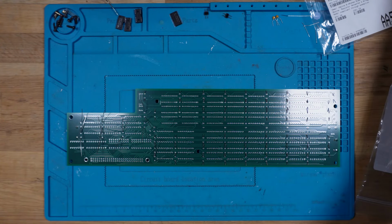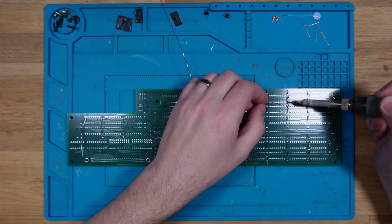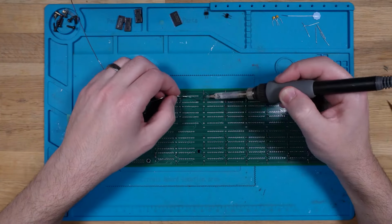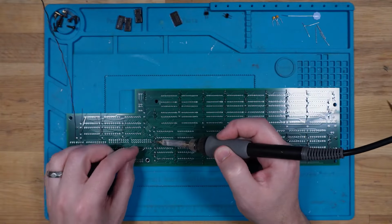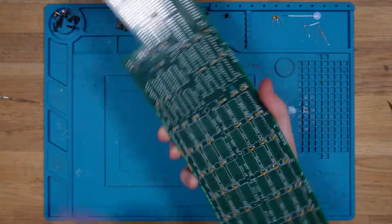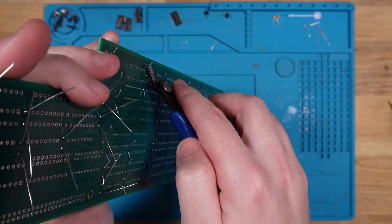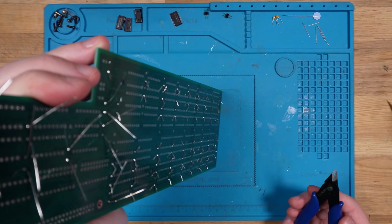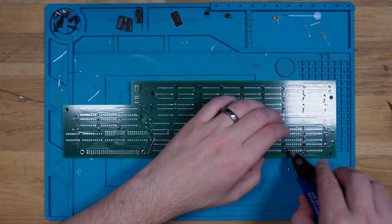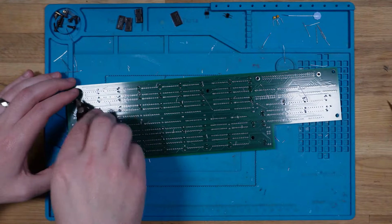Whew, let's get soldering. Alrighty. Looks good so far. Let's clip those off. I'm going to be finding these everywhere. Ugh. Alright,